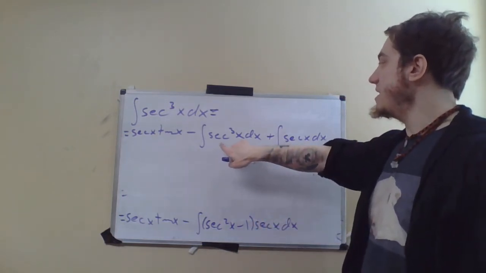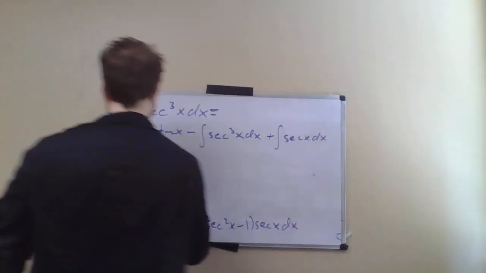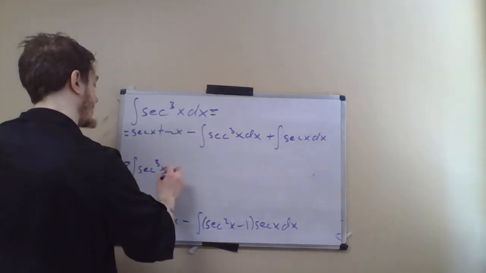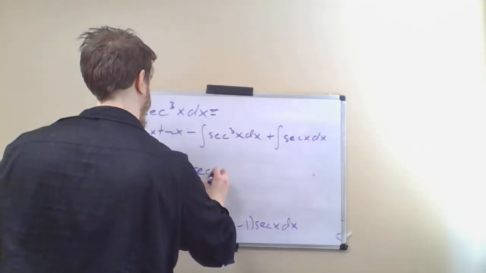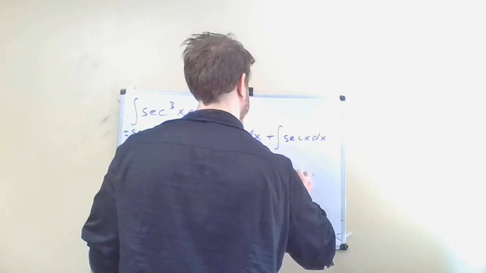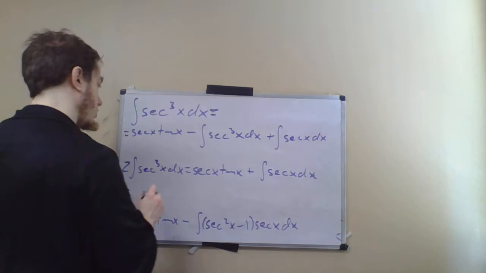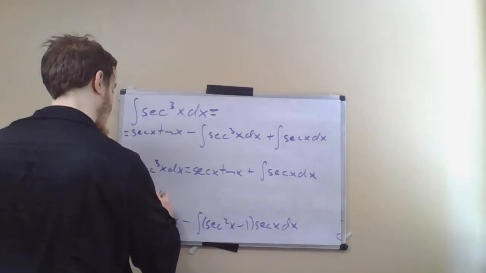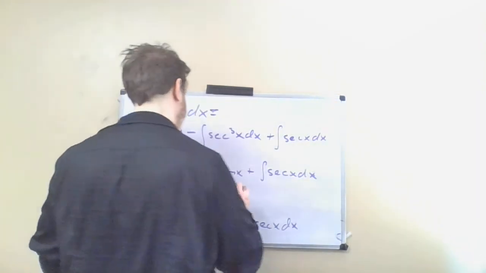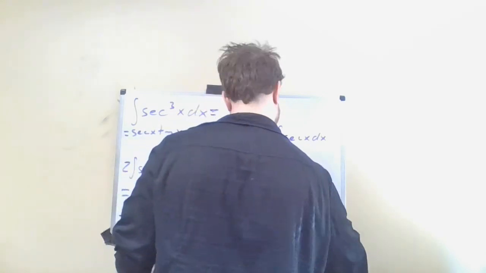And I can add the integral of secant cubed x dx to both sides. So I turn this into 2 times the integral of secant cubed x dx is equal to secant x tangent x plus the integral of secant x dx. And this is going to become secant x tangent x plus natural log absolute value secant x plus tangent x